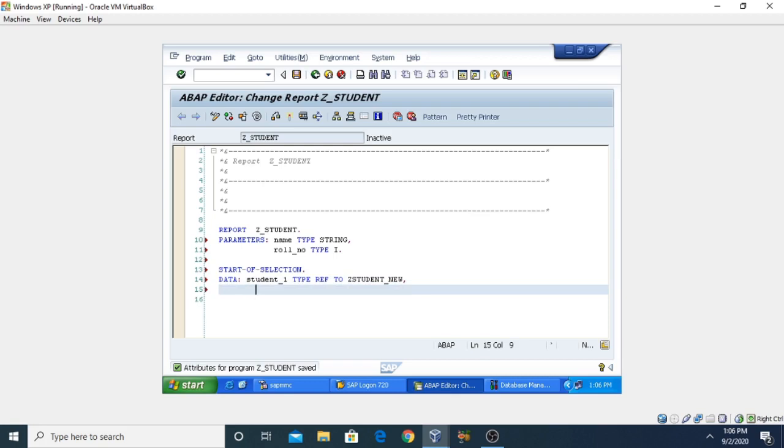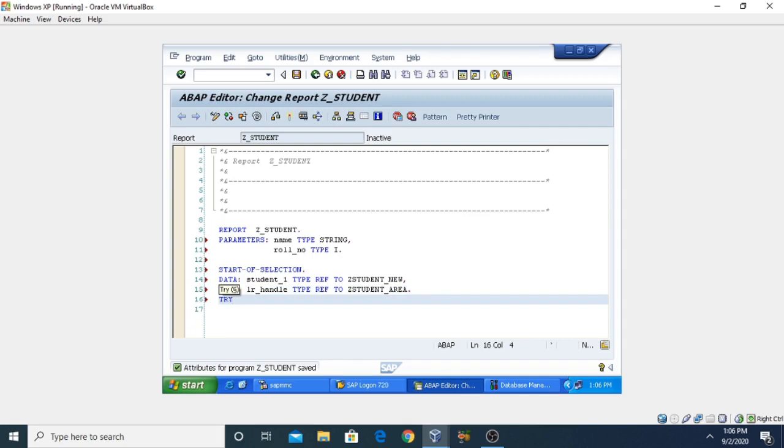Now we are taking the handle. I have already discussed this in the previous video, in the last lesson number 1 of the unit. Firstly we need to create the handle here. So we are going to create the handle, which is type REF TO the area that we have created, Z_STUDENT_AREA. Now we need to use the TRY block, TRY and ENDTRY.